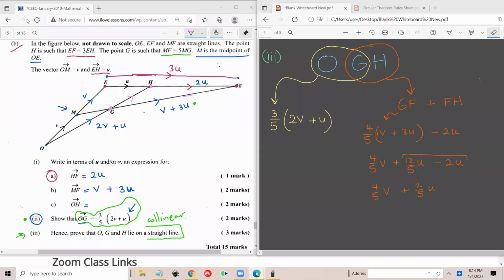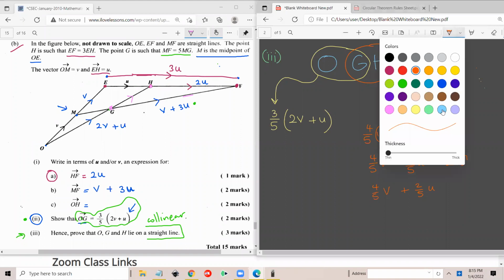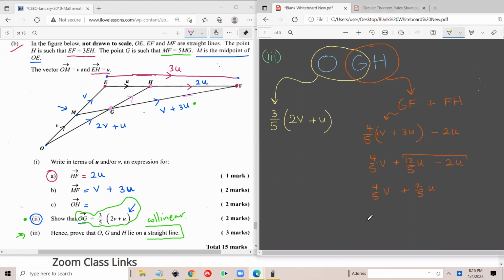All right, so we have to use factorization at the end of the day to get them to look the same. I propose that we factorize out 2/5. So we're going to pull out 2/5 from both of them. Now, if we are pulling out 2/5,